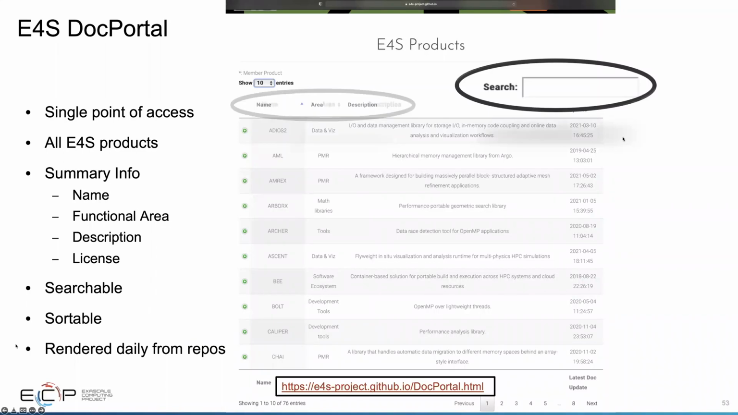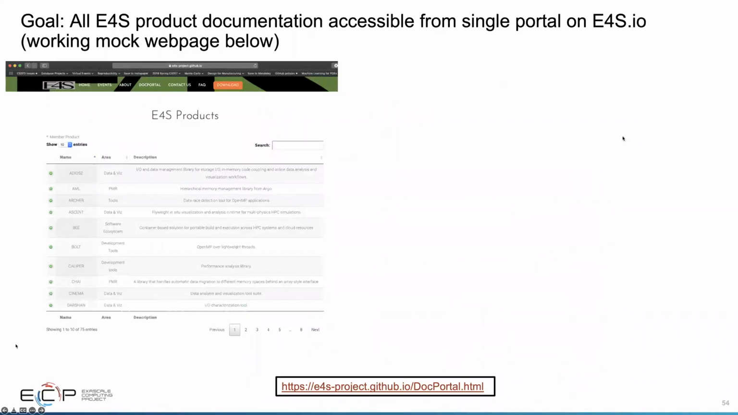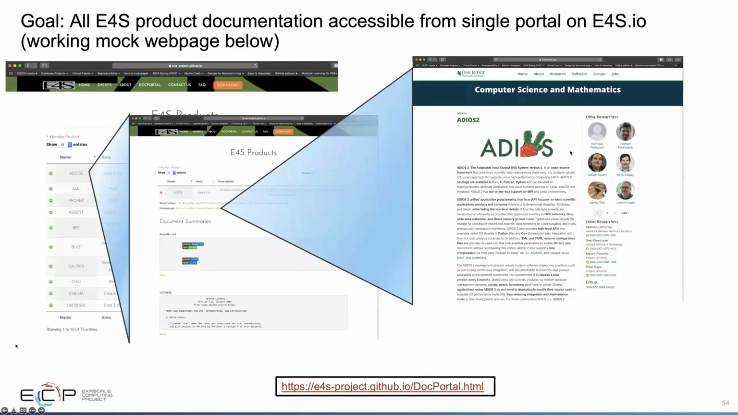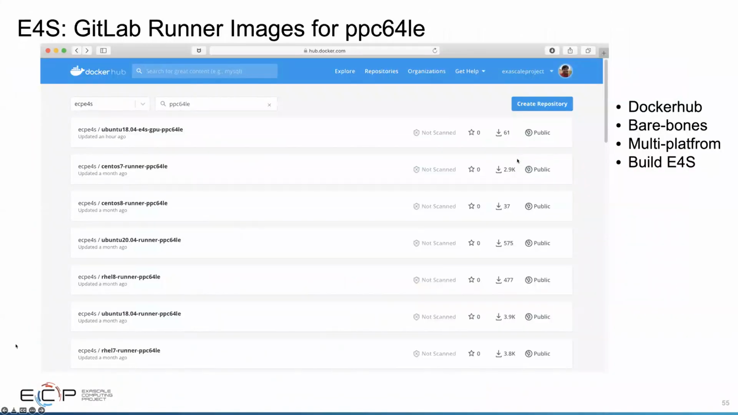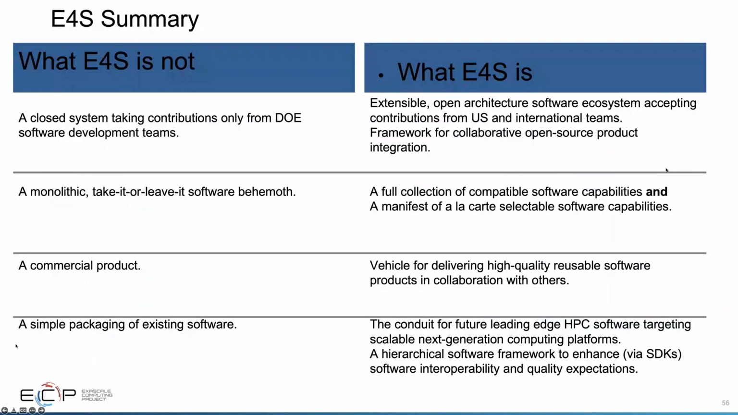The doc portal has information about all the different packages. And you can search for different packages in different areas, and you can get information about this. This is the package description for ADIOS. These are the GitLab runner images for IBM Power9, where you have on Docker Hub bare bones images, multi-platform images. And so with this, I would like to say that,